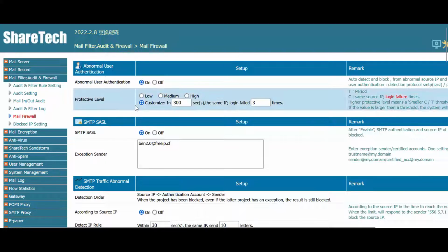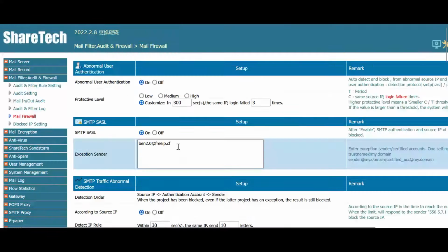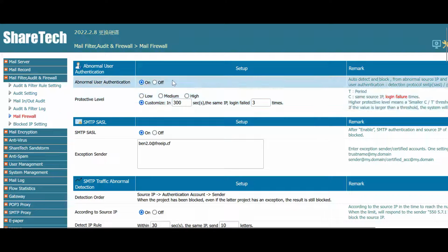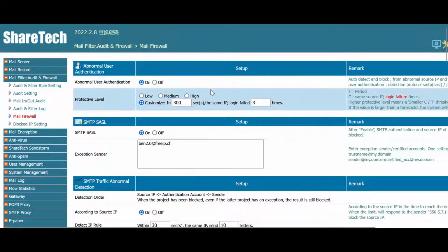In Mail Firewall, we have various functions to do the protection, like abnormal user authentication. If you turn this function on, the source IP address of accounts which fail many times on authentication will be blocked, and administrators can define the protective level, which is low, medium, and high. The higher this level is, the fewer times a user can fail on authentication. Or you can just choose customize, and you can define in how long this IP address can